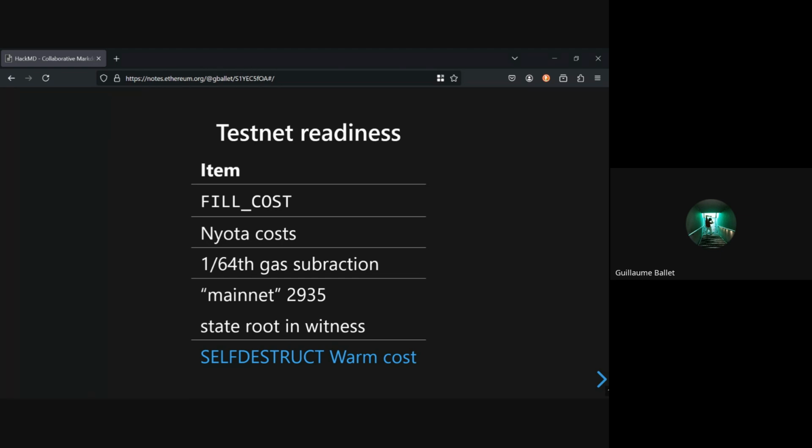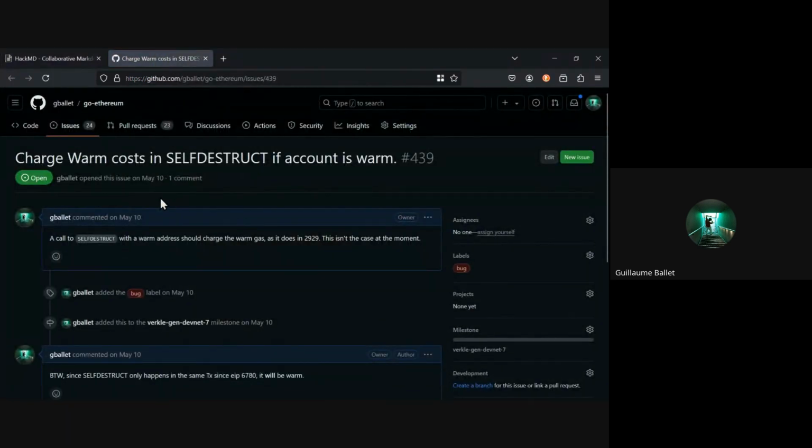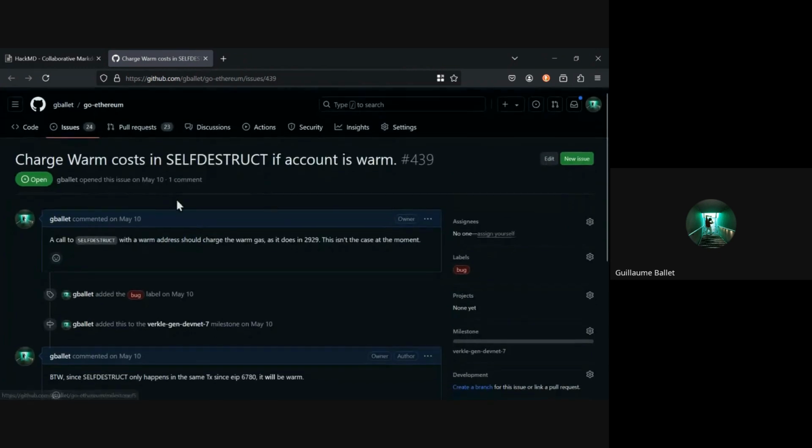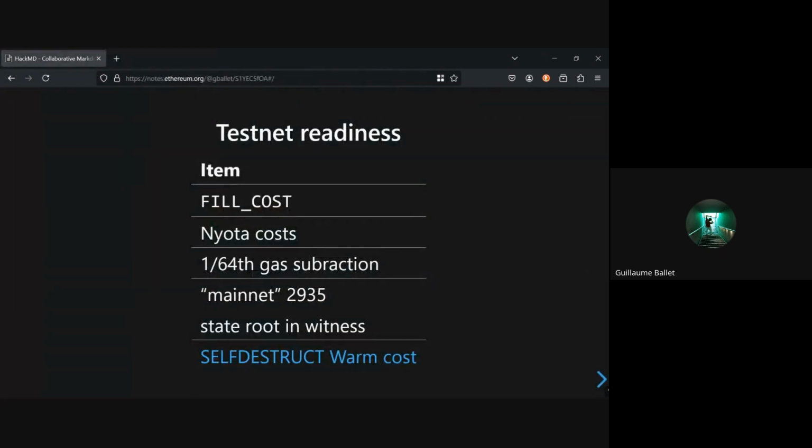And the self-destruct warm cost, do we have that? I don't remember. We haven't implemented it. I'm not sure we should.